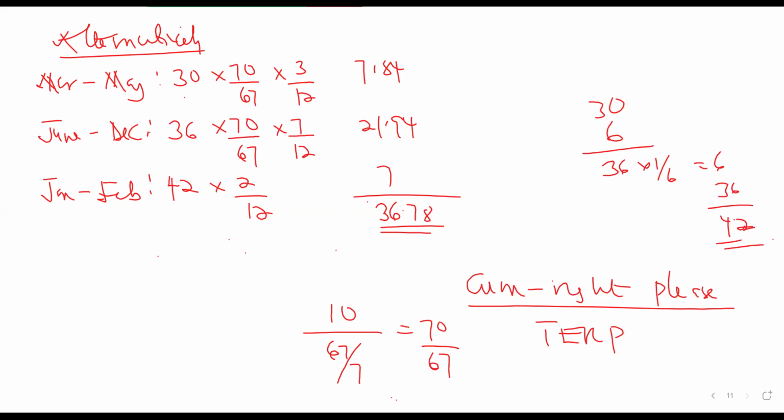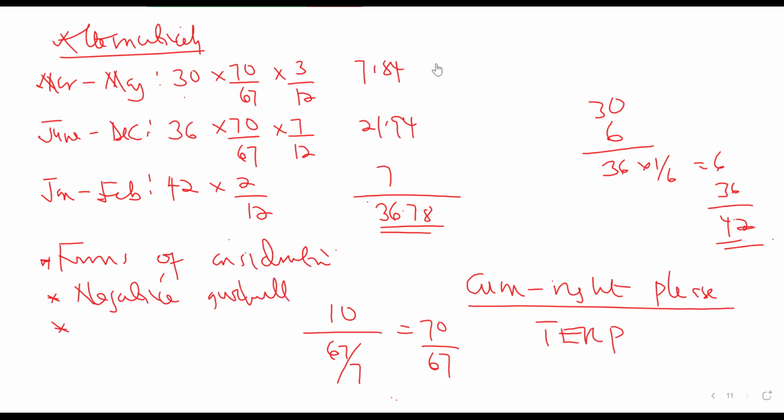Please read about the consolidation, the theory part. Read about the consideration, the forms of consideration that we have, and we can also have factors contributing to negative goodwill. So why would the company be having negative goodwill? You can also read about that one. You can also read about the factors that determine significant influence. That was last year's question, but I can still bring it for you. So let's be on that one.